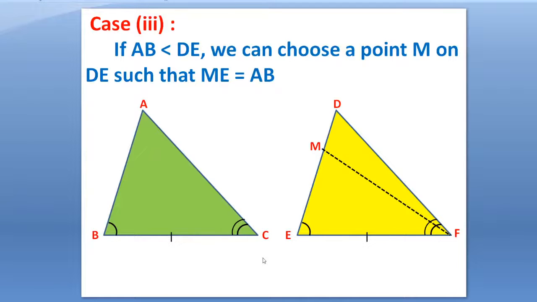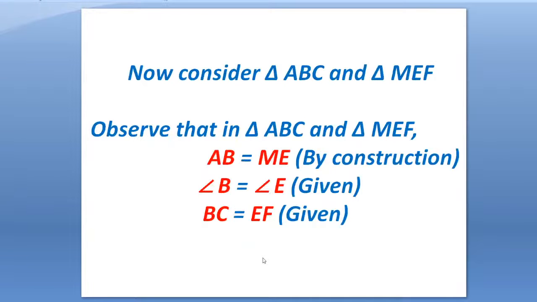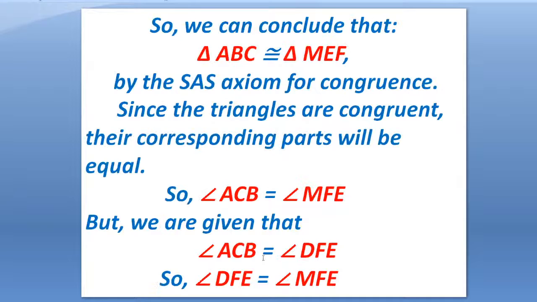We can choose a point M. Same way as we chose a point P on side AB in our second case, in the third case choose a point M on side DE such that ME is equal to AB, and same result here. ME is equal to AB, angle B and angle E are given, BC is equal to EF is given, and that's why triangle ABC